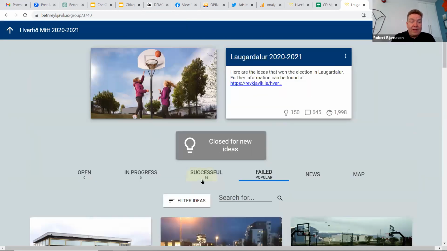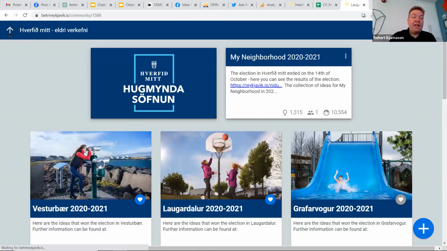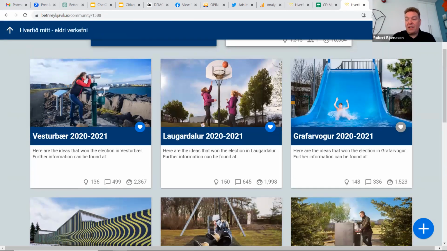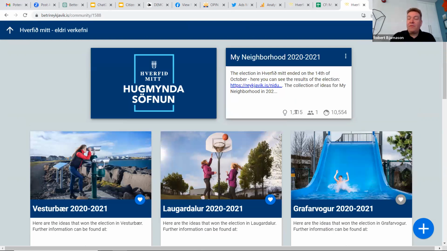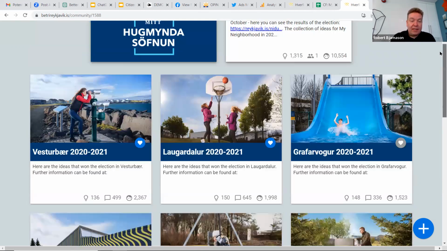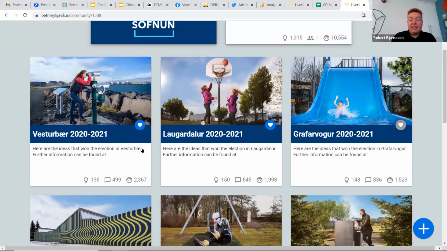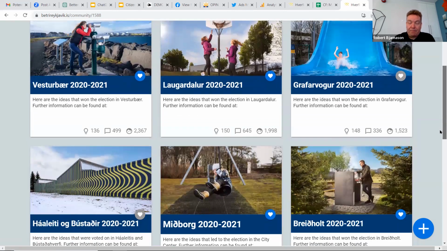But a lot of ideas, and you can see here from the top level data, we had 1,300 ideas. We had 10,000 people who logged in and took direct part in the debate. And then you can see it here by neighborhood, which were the most active, and you see also how many debate points there are in it, at the bottom of the screen all the time.